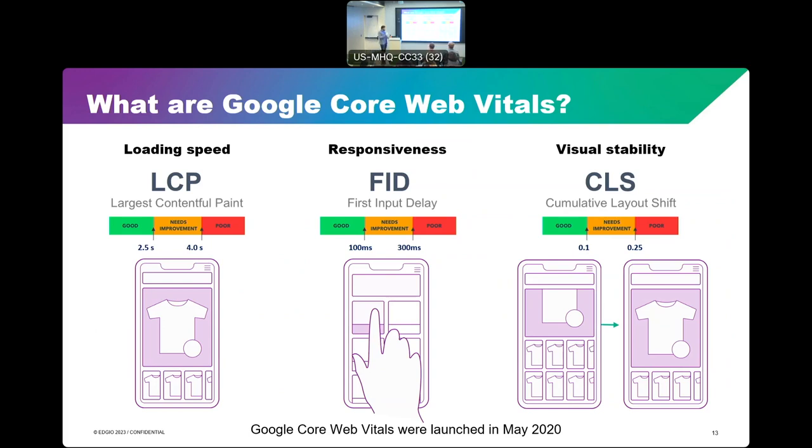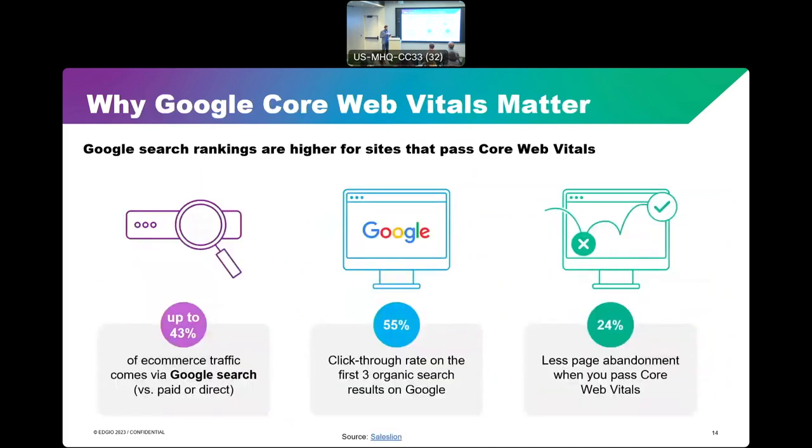All right, so obviously performance is a component. I talked a little bit about why they matter. Again, people Google a lot of stuff. 43% of e-commerce traffic comes from Google search as opposed to a paid channel or a social channel or direct channel. So even if you're not in e-commerce, Google is probably an important traffic source for you. So think about what impact this might have for your product and your business.